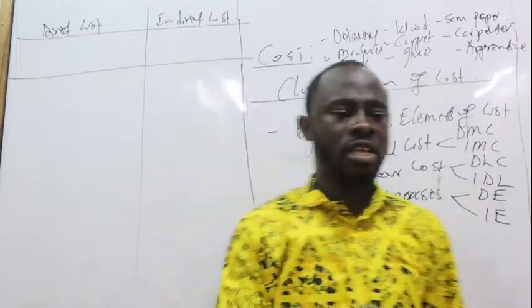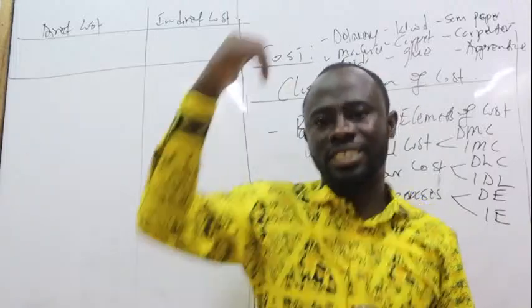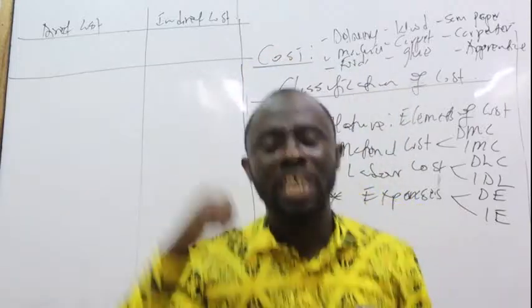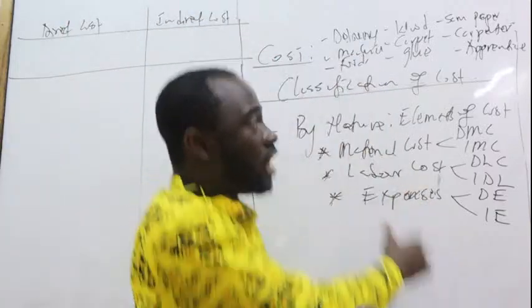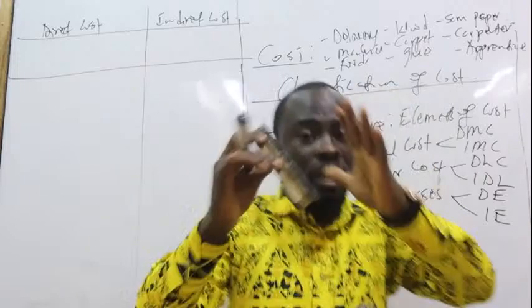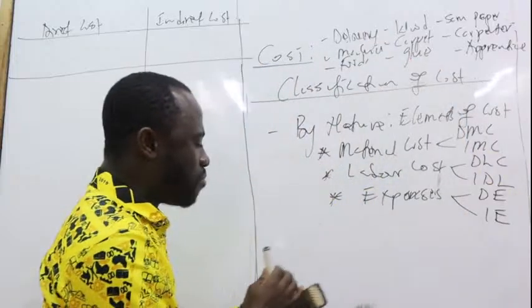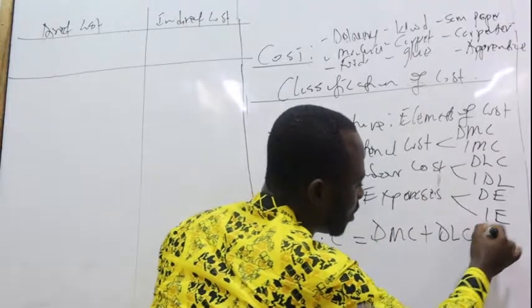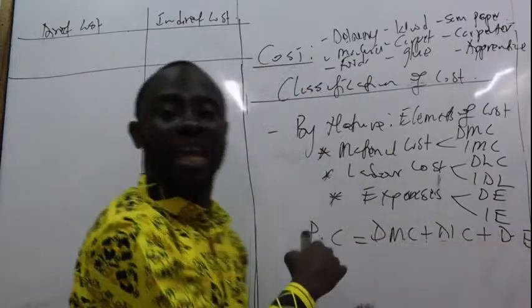That's the first difference that we can talk about. Second is that summation of all direct costs gives prime cost. However, summation of all indirect costs gives what? Overheads. And we will come to that when I'm preparing the cost card with you as we continue with the discussion. So summation of all direct costs gives us prime cost. What does that mean? It means that prime cost equals direct material cost, direct labor cost, and then direct expenses. So when we sum all these up, we get a prime cost.